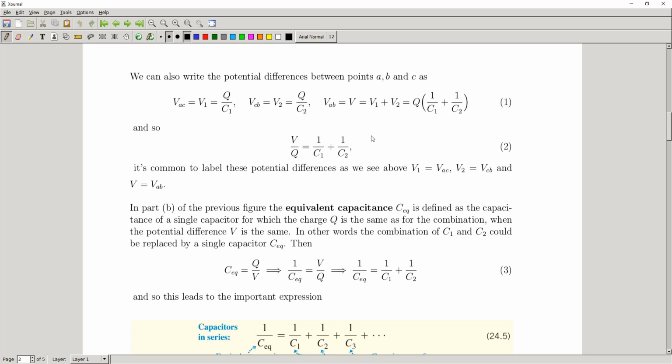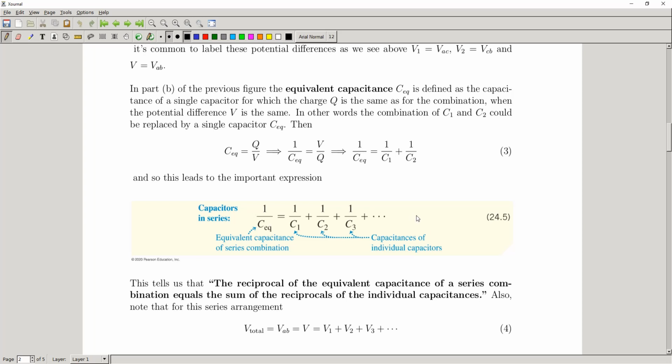We just take this relationship that we found above. We remember that C, and again this is just equation 24.2 from the last video, can be written as Q over V. So our CEQ is just going to be Q over V for the whole system. We know that Q is going to be the same across all the plates, and V is going to be the total potential difference from A to B. If we take the reciprocal of this, it ends up being V over Q, but we just calculated what V over Q for this system would be. So we can substitute this in, and in the end it gives us this expression. And written in a slightly more general way